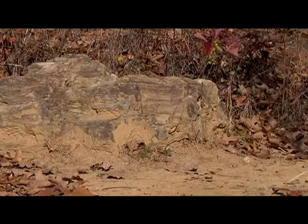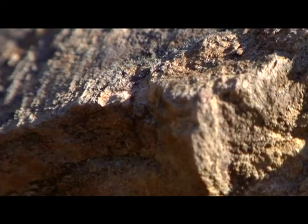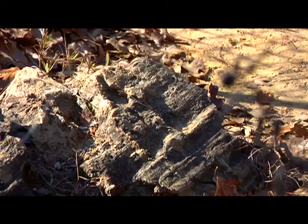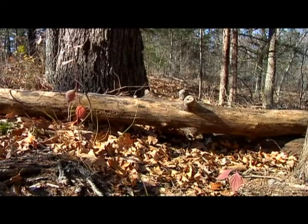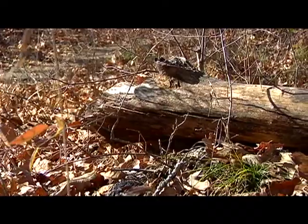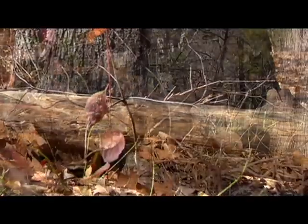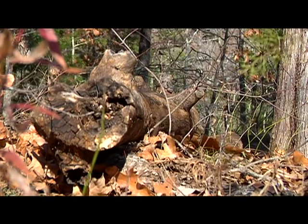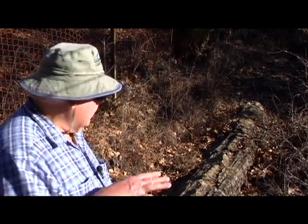Because Ada was underwater when this Callixylon specimen died and fell, it had time to fossilize thoroughly, leaving behind an amazingly intact petrified tree. Petrified wood occurs worldwide. A tree grows, a tree dies, it falls, and it has to be preserved in a certain way. If it just falls out here like that branch that has fallen out of that oak tree, that branch is going to rot. Animals will trample it underfoot. Pretty soon it's going to pulverize and powder, and it's going to become part of the soil. This tree had to fall in a swamp. It had to be buried largely in anaerobic conditions, that is without oxygen. And slowly,